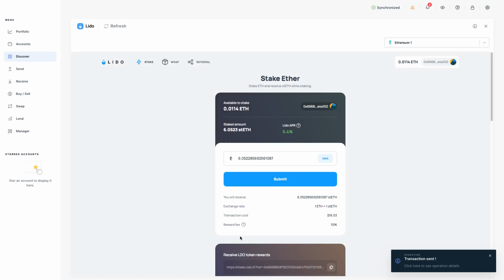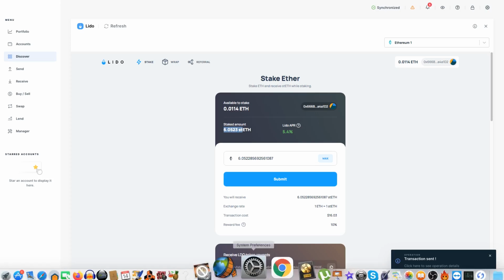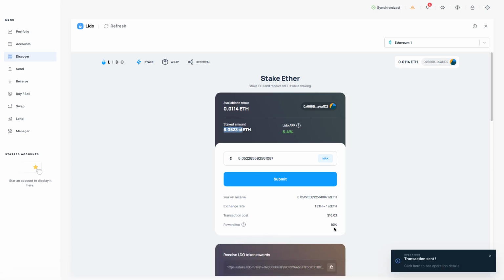I'm going to start earning rewards on my staked ETH, which, to me, is powerful. The staked amount is 6.0523. Available to stake is this amount, and that's it. That's it, really. Now I have 6.0523 staked ETH